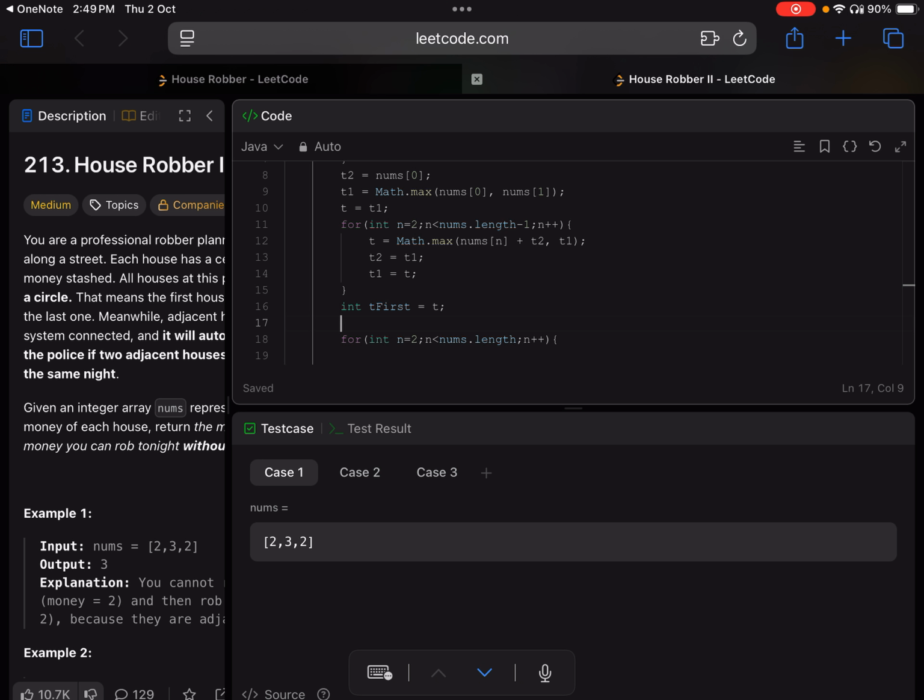So we'll consider the first number here, t1, which will be nums of 1. This is the previous one, but let's start at 3 because we are completely eliminating the 0th index. So t2 would actually be nums of 1, and t1 would be math.max of,